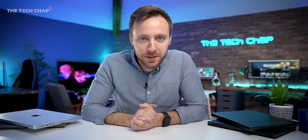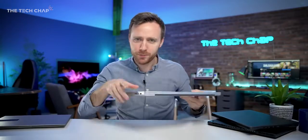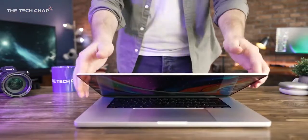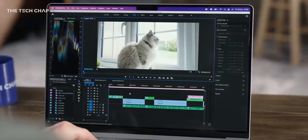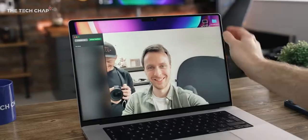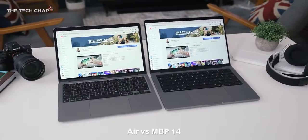Okay, back to laptops. And what about the good people over at Apple? Well, I can tell you that since November, this came out, the new Pro 14 and 16, I've been obsessed by this. I use the 16-inch Pro for everything, and outside of gaming, I've barely touched my desktop PC. The performance, the mini LED screen, the battery, the design, for my money, these new Pros are the best laptops you can buy. However, they are very expensive, and I maintain that the MacBook Air is actually the best option